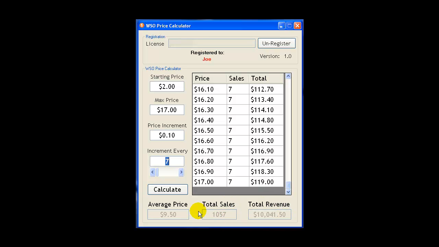So you can see how you can play with these numbers and find out what price point you want. If you're looking for a certain number of sales, you can play with the numbers until you get that number of sales. Or if you're looking for a certain revenue, you can play with the numbers until you get that revenue. So I think this is a really great tool to analyze your pricing structure before you launch a WSO, so that you don't make the same mistake that I did and end up with too high of a price too quickly,